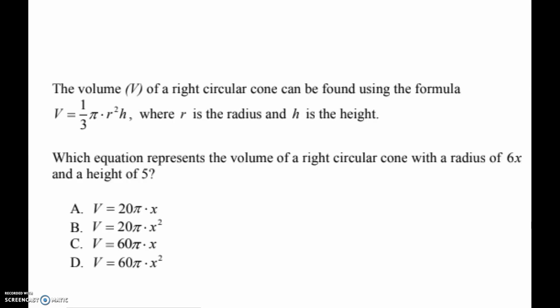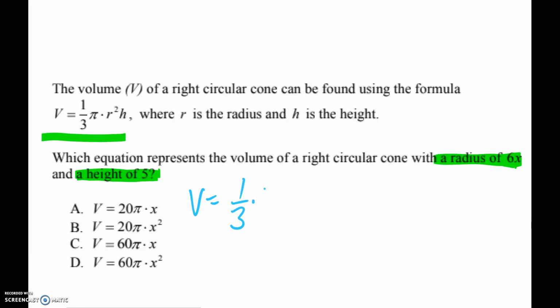Hey everyone. The volume V of a right circular cone can be found using the formula volume equals 1/3 times pi times r squared times h, where r is the radius and h is the height. Which equations represent the volume of a right circular cone with radius of 6x, r is given here, and height of 5h is given. Basic substitution. So the volume is 1/3 times pi times radius is given, remember, 6x, and I need